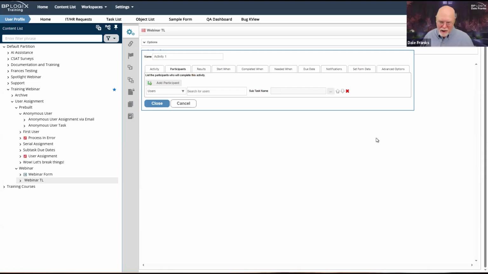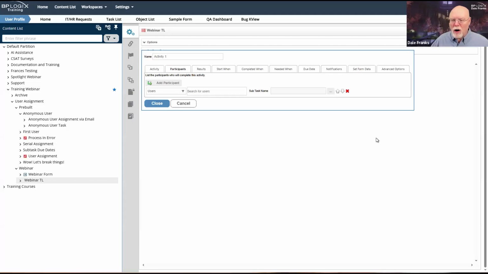What I will tell you, and this will probably answer your second question too, is that the way the global user replacement works is that it's going to go into every definition, like timeline definitions, and it is going to look for any activity where the timeline definition specifies that user A is supposed to do this task, and it will replace them with user B. So that's every existing timeline definition.